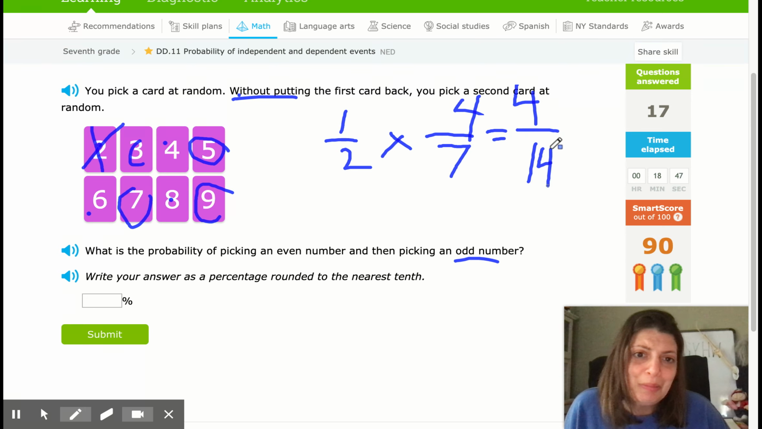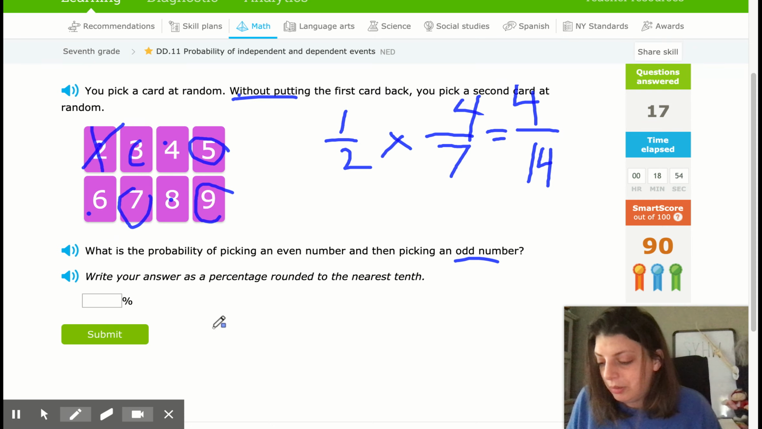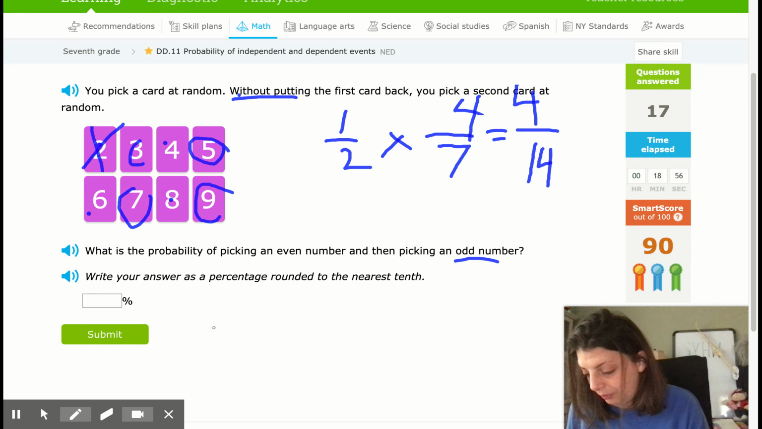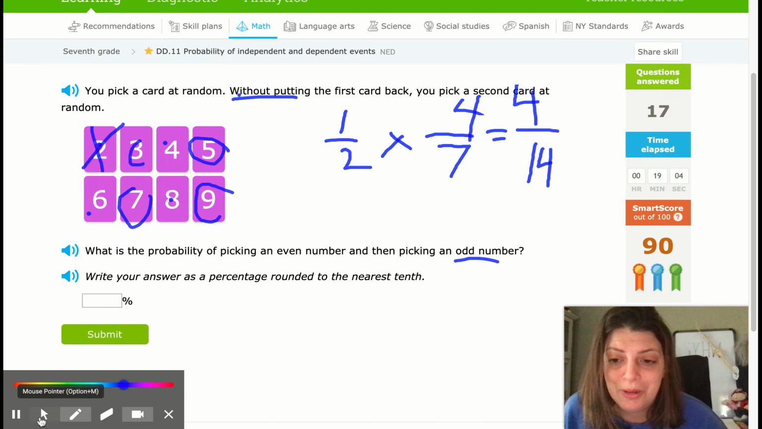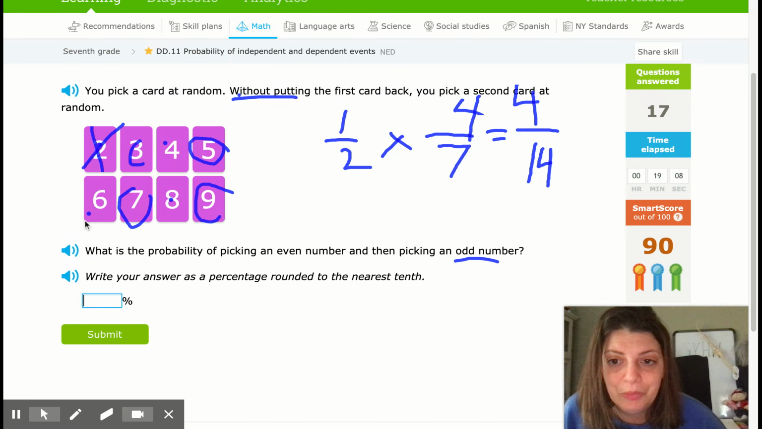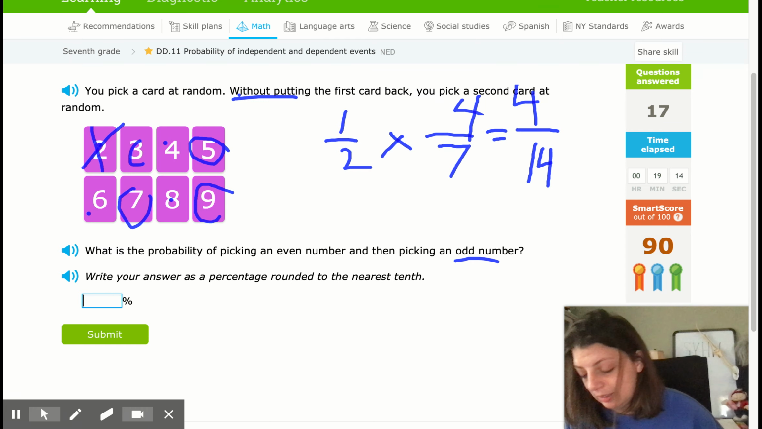Oh, I can't do this. I'm too tired. 4 out of 14. Uh-oh. Now I have to write it as a percent. Double check my math before I make a silly mistake. Right? Am I doing this wrong? I'm not even going to double check it. That's how tired I am. 1, 2, 3, 4 out of 8. Yeah, all right. Let's say 4 out of 14 comes to